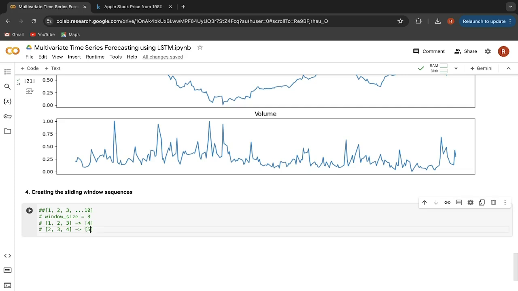For the next step, it will make use of 3, 4 and 5, and it will then predict the next data, which is at 6th. So this is how it's going to work. Whatever window size you give here, that many previous time steps will be considered to predict the next time step. As the window size was 3 here, we considered the previous 3 time steps. If the window size had been 5, then the previous 5 time steps would have been considered.